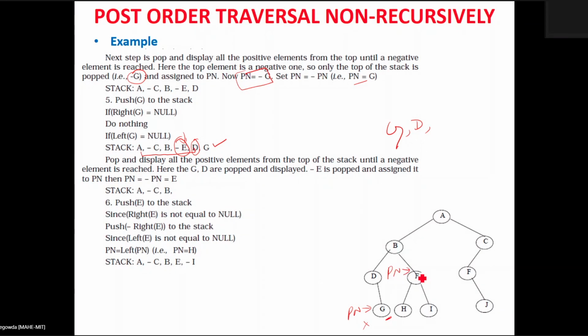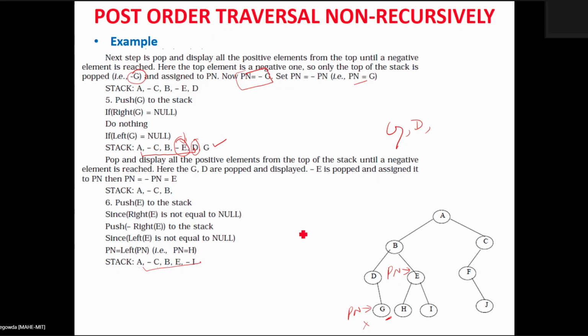Then when Pn is pointing to E, you have to push the Pn value onto the stack. When I push the Pn value onto the stack, my stack will look like this: A, minus B, E. So this is the status of the stack, with E pushed onto the stack.